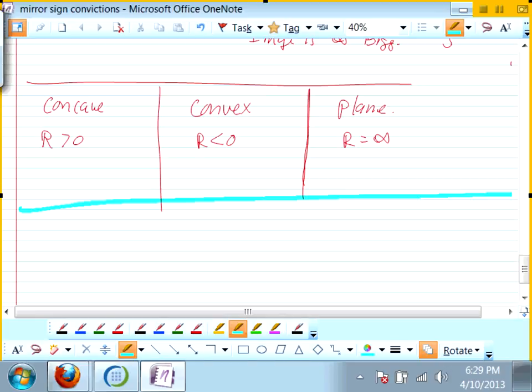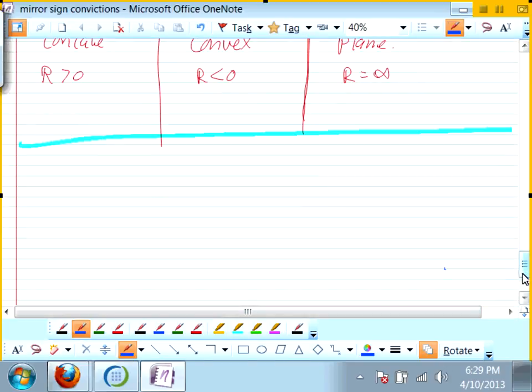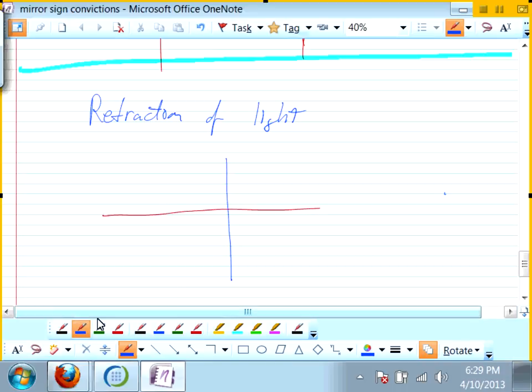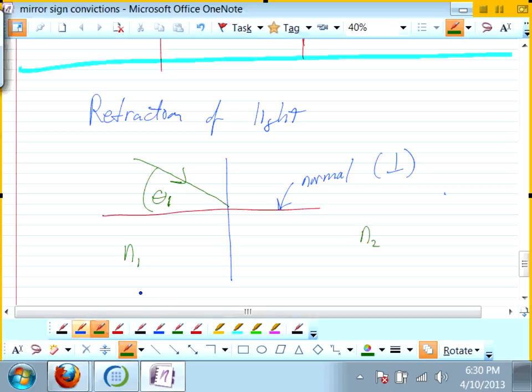All right. So we got into a lab yesterday about refraction. And so we have a surface. All angles are measured relative to the normal to the surface. So here's your normal. Normal meaning perpendicular, right? You remember that. If our incoming ray is on this side, at angle theta incoming, this side has an index of refraction of N1, this side has an index of refraction of N2,